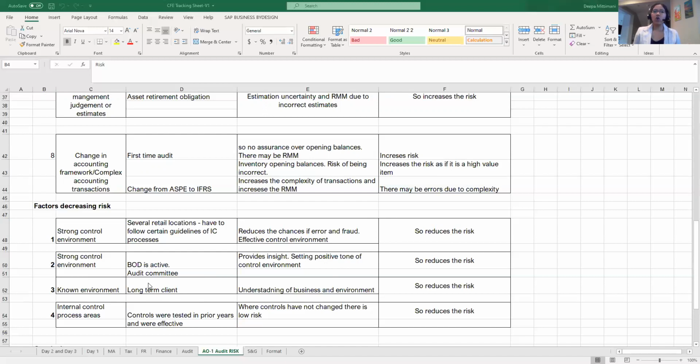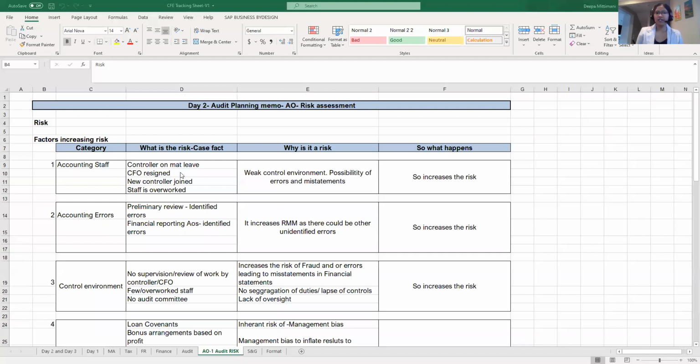Then if it's a long-term client, then it's a known environment for audit. So from a CPA's perspective, you know what their control weaknesses are, how the entity performs. So you have a better understanding of that business, so it reduces the risk. And then again, the similar internal control processes. So based on case facts, you try to identify where it fits, and then